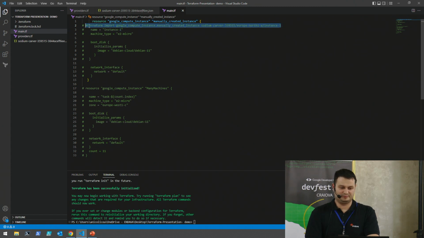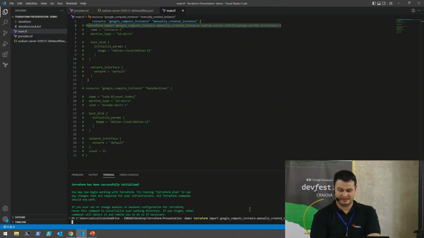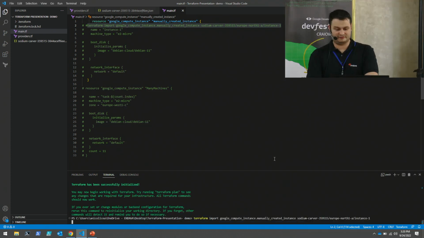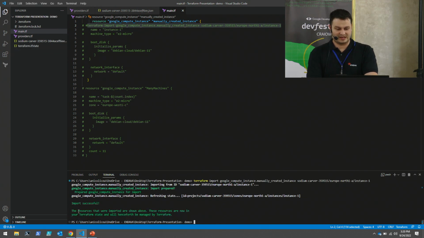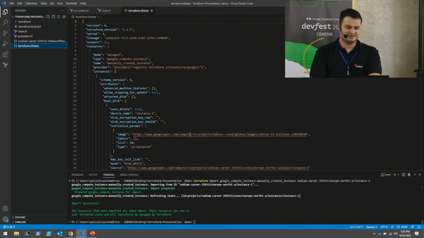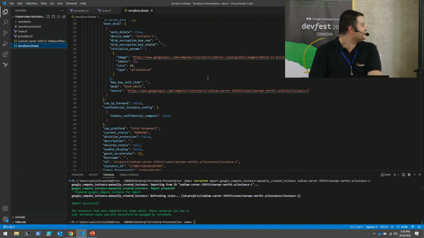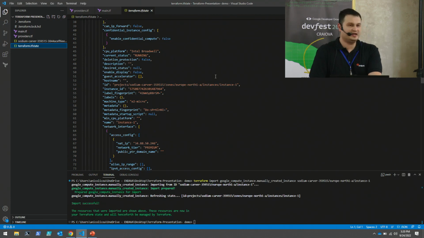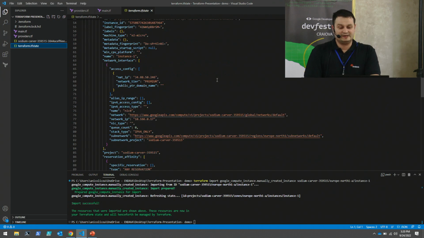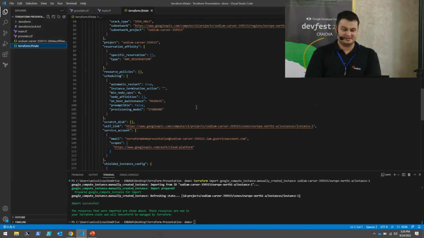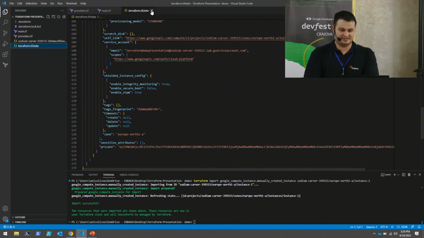Once we've formed this command, we can copy it, paste it here, and let's see what Terraform does. Good. Import successful. We can now see the terraform.tfstate file being initialized, and it appeared here. As said before, it contains every detail. Well, let's see how we can get rid of this instance faster.